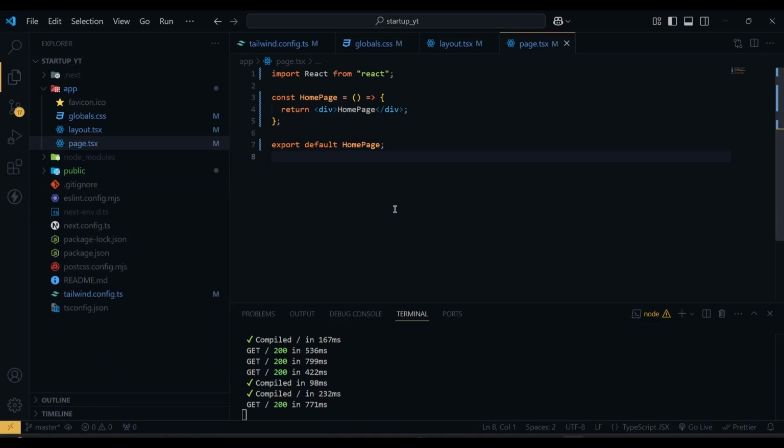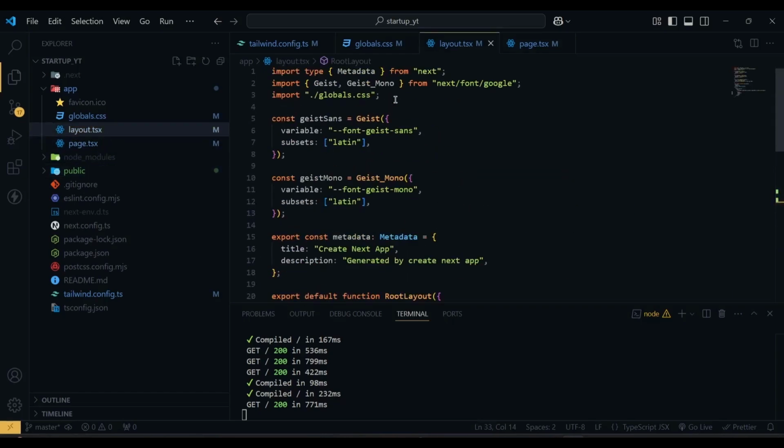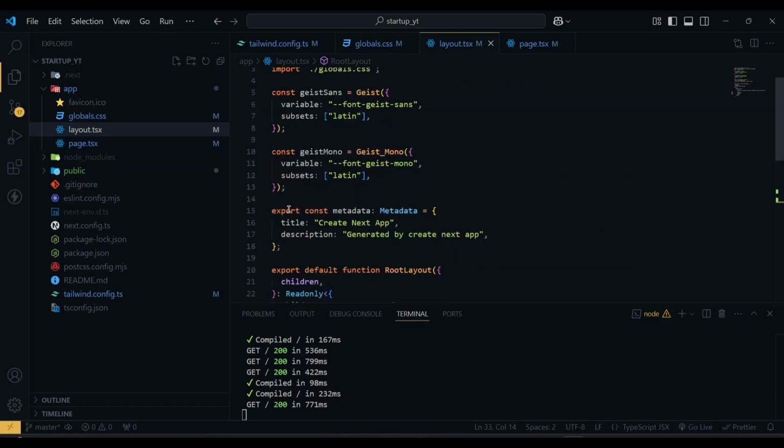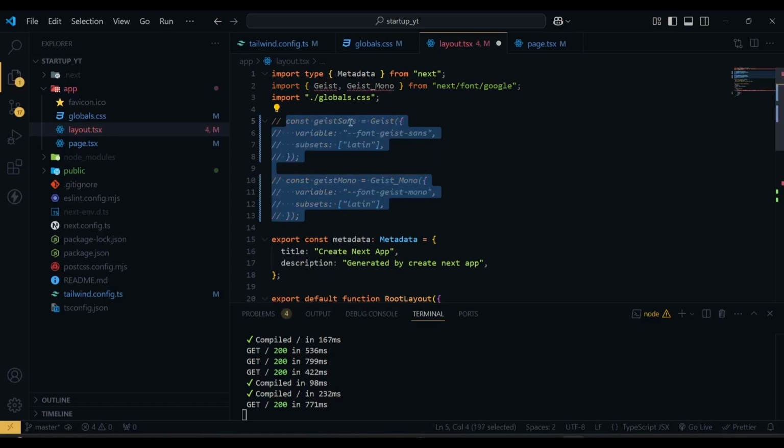Next, what we are going to do is set up our font. To set up our font, we are going to open our layout, and here you can see they give us some fonts, but we are not going to use this. So I'm going to comment it out. If you want, you can use this. And here we are going to import